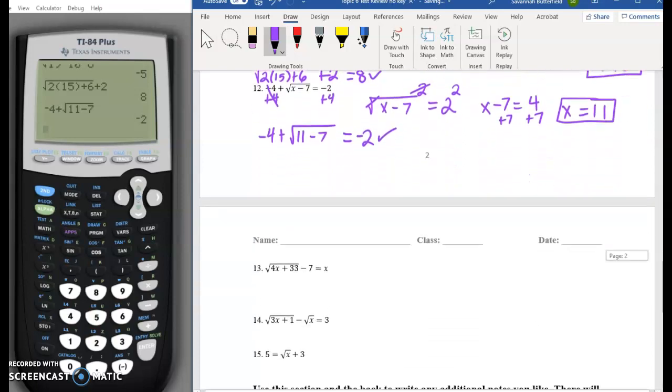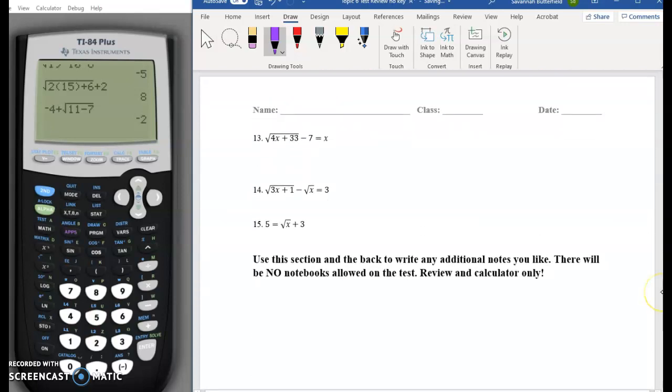So now looking at 13, 14, and 15, I said I would solve these by graphing, so we can try out both methods. For these, since you solve by graphing, you do not have to check for extraneous solutions, because extraneous solutions do not show up on the graph. So starting with 13,